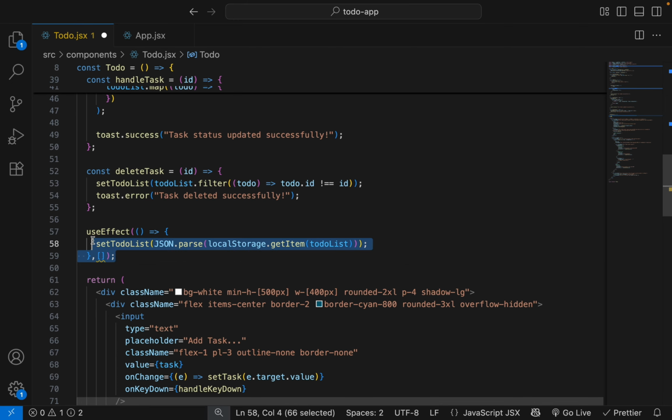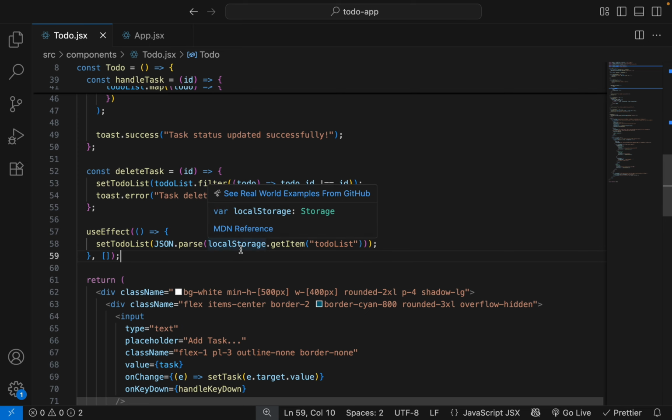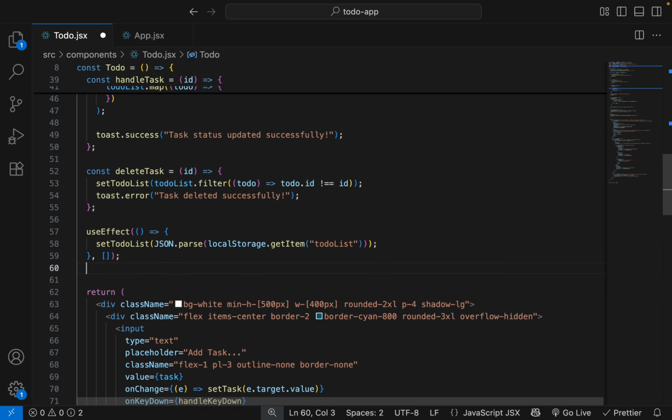Now copy this. So inside use effect, if there is anything change on the app, we will set our new local storage with to-do list. So inside use effect, our local storage is updated regularly.